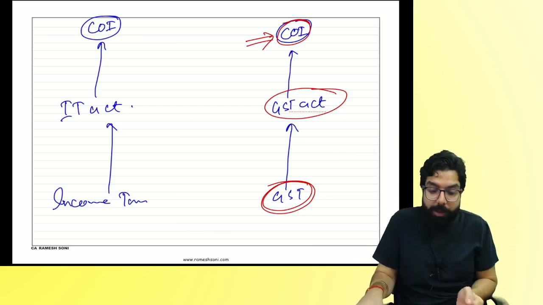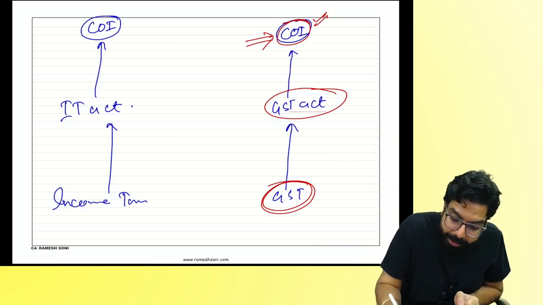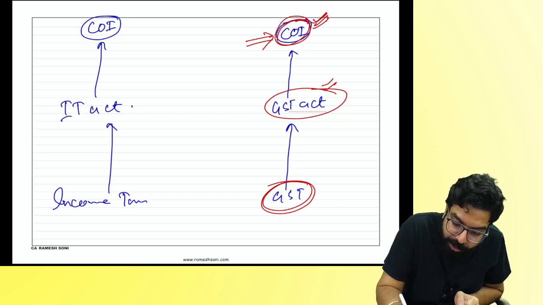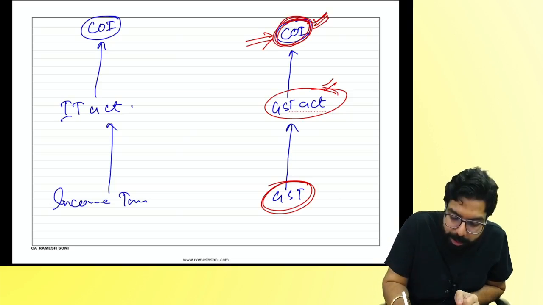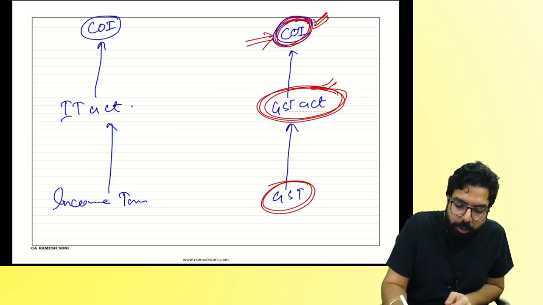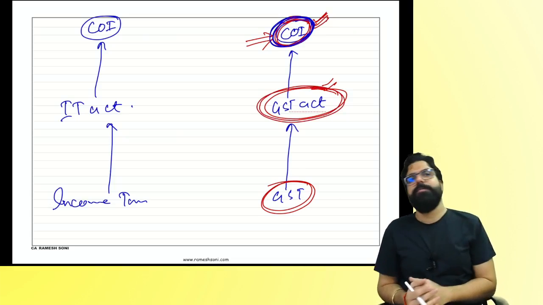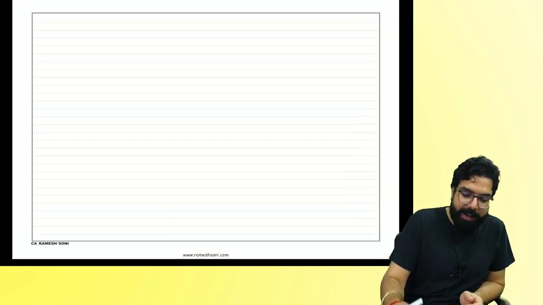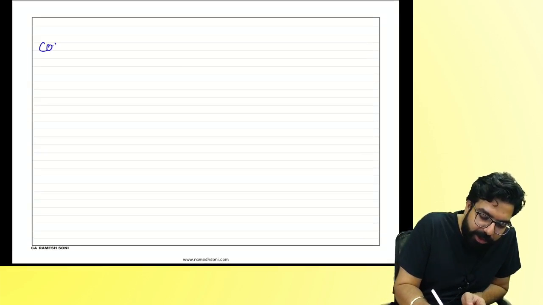And that power had to be given where, everyone? To make the law, it had to be written in the Constitution of India. Only then you can make an act. Are we clear? So first my question over here, do they have to amend the Constitution of India? Yes. So they went ahead and introduced one constitutional